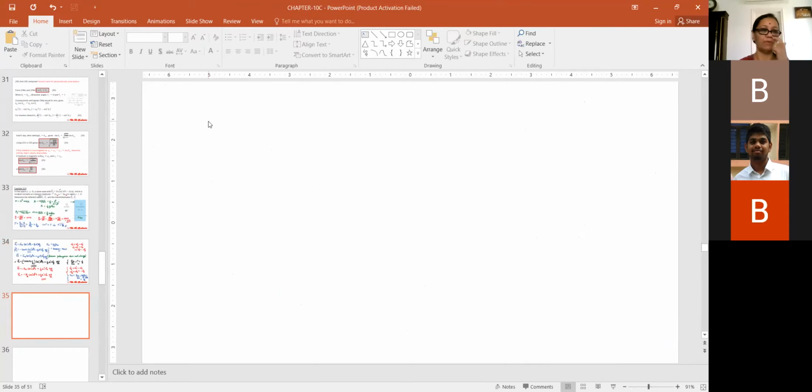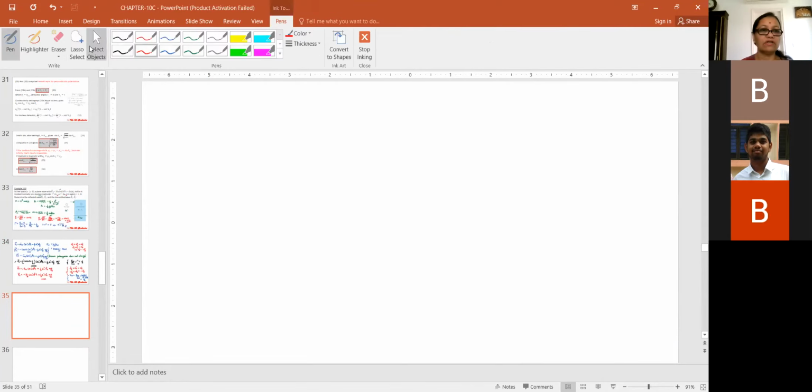Yeah, I've introduced one more page. So now let us find out the transmission coefficient. To find it, I need to write the relationship: transmission coefficient is equal to E T naught by E I naught, and you know that this is equal to 4 by 3. So from here, I'll be able to get my E T naught. E T naught will be equal to 4 by 3 E I naught.